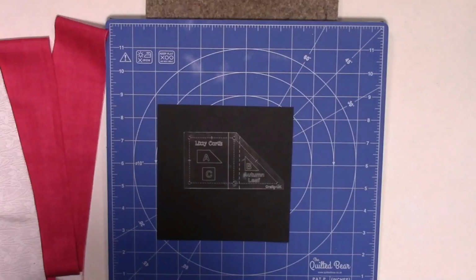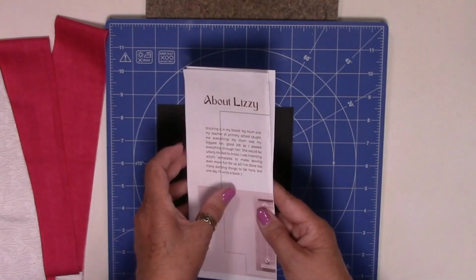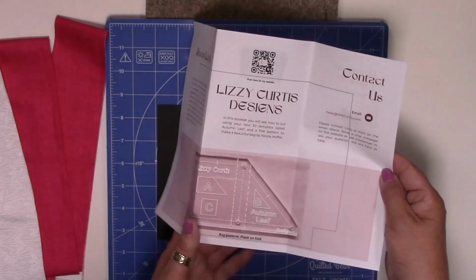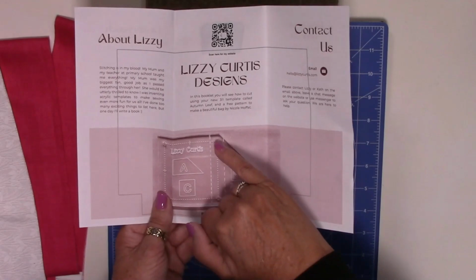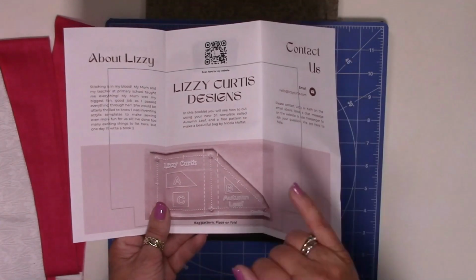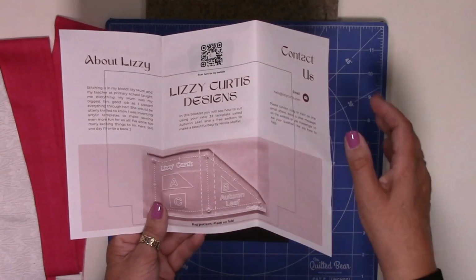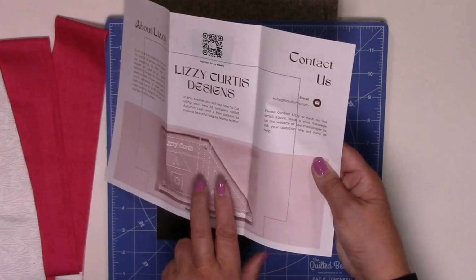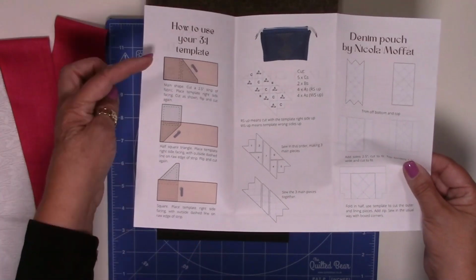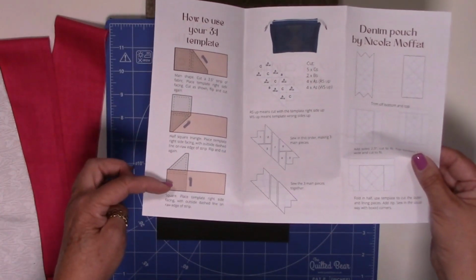Now, with the template, you will get a leaflet, and first of all, it's all about Lizzie. If you turn it to the middle, it's all about Lizzie Curtis Designs and shows you the template there. Yours is slightly different here at the moment, but we're still working on the design. You've got a scan me QR code for the website, and you've also got how you contact Kath and I, an email address there. Flip it over, you also get a really good clear diagram on how you're going to cut with the template,